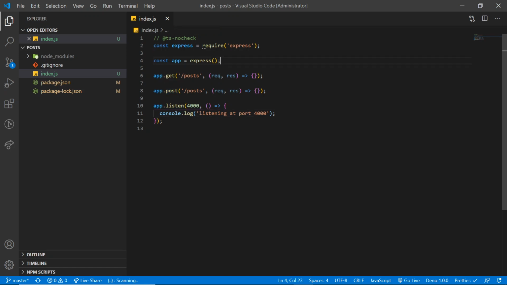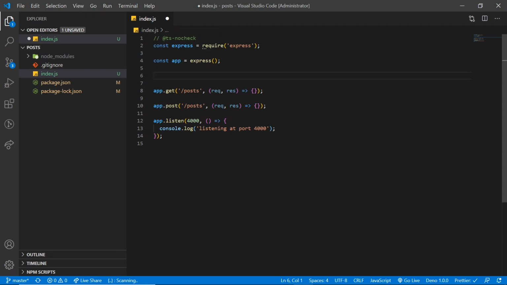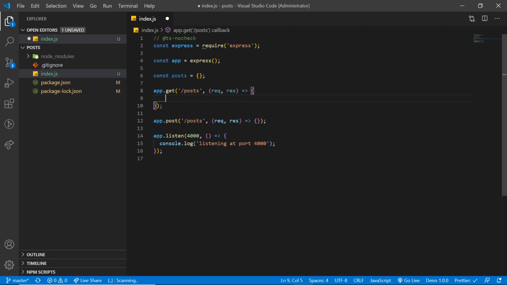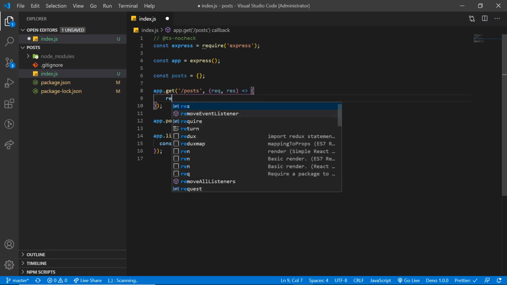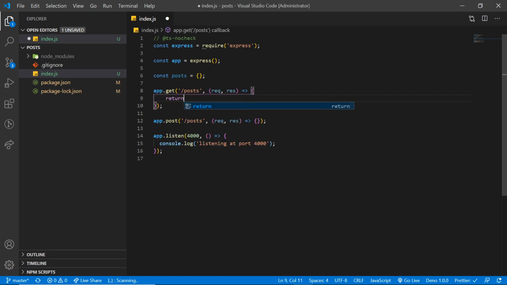After creation of the Express application, I am going to make a little object that is going to store all the data. So let's create an object called posts. Initially, it is a blank object. Now let's jump inside the get method where we want to return this posts object.